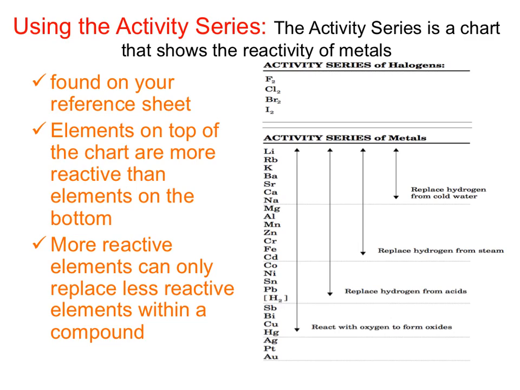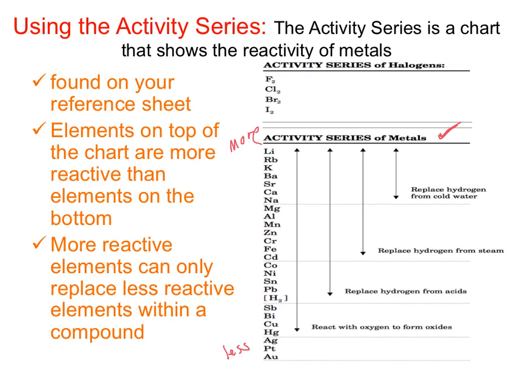You can see it off to the right, and we're going to actually focus in on the activity series of metals right now. But it's actually found on your reference sheet, so there's no memorization here. You just need to be able to use it and then apply it in the prediction process. So the first thing I want to tell you is that elements at the top are more reactive than elements at the bottom. And when you're doing a single replacement, more reactive elements can only replace less reactive elements within